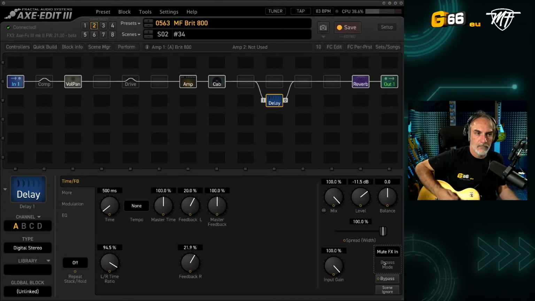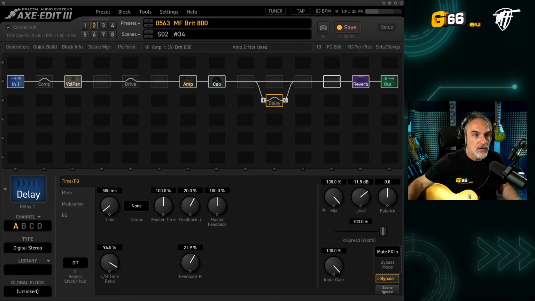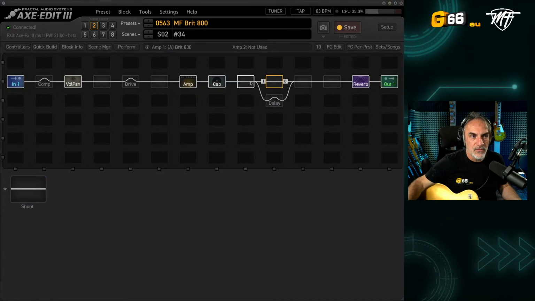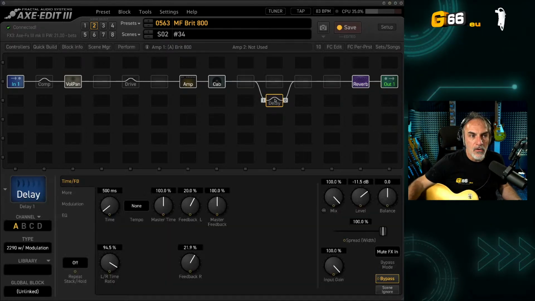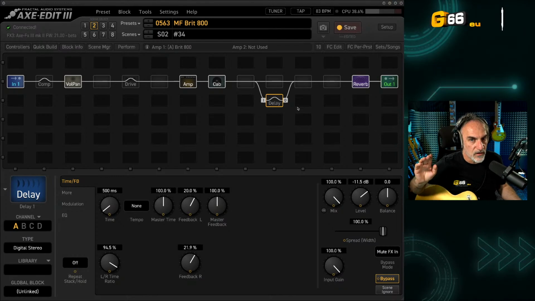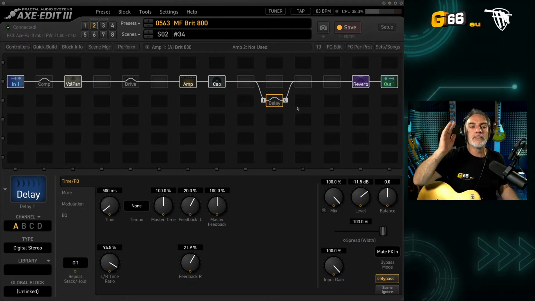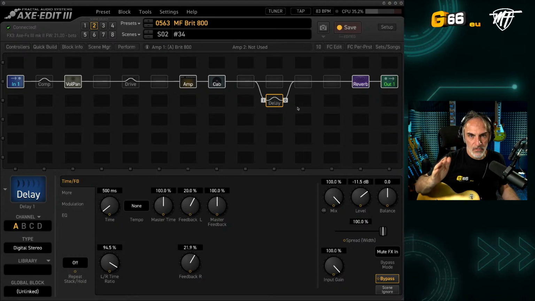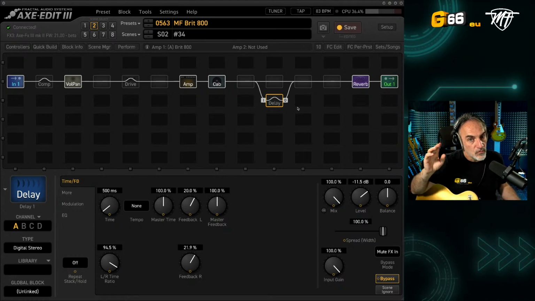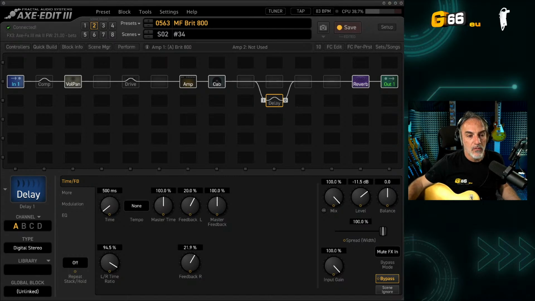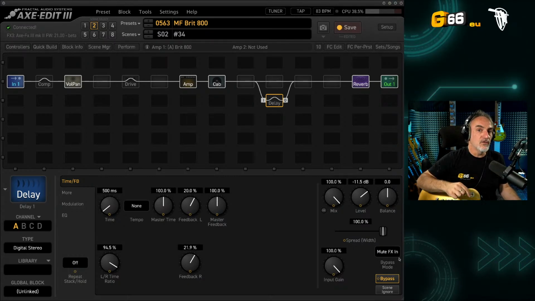Okay? So when I switch off the delay, I have only the dry signal. So all the signal passes to the dry line, no dry signal passes through the delay block. And this is really important to remember, because if you forget, the default value is through. The bypass mode is through. So if you forget to set the parallel block with the mute FX in, when you bypass, you have a